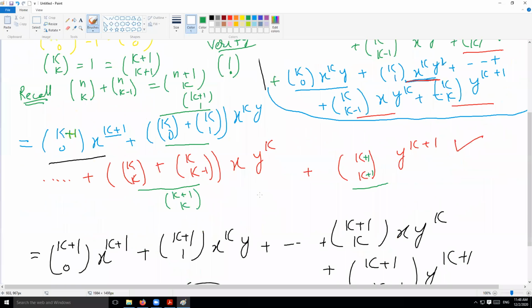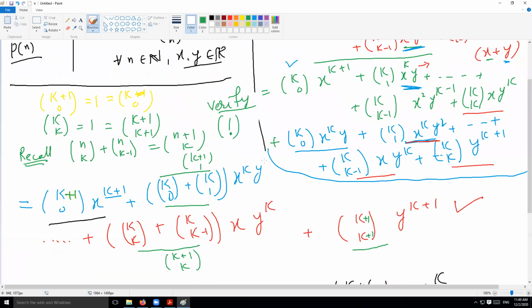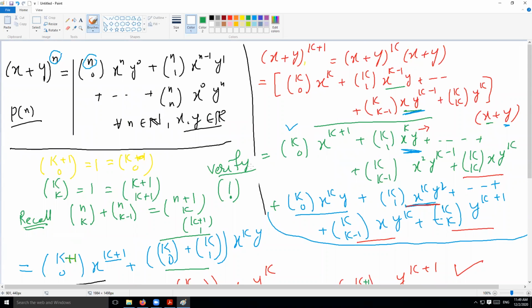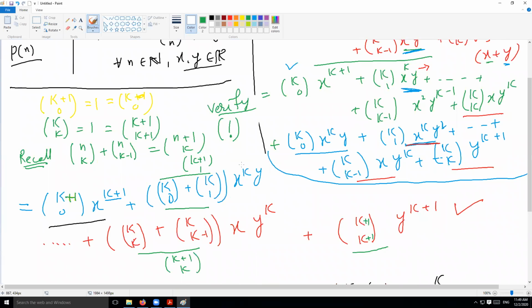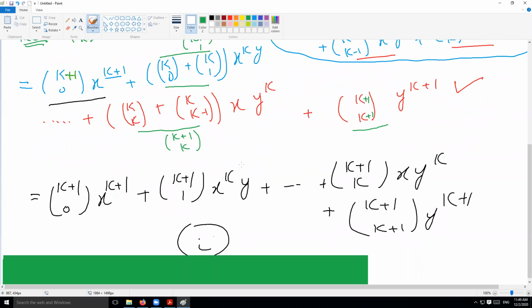story proofs actually. You're going to learn another kind of proof type, called the combinatorial proof. I call them story proofs actually. So create a story and prove your mathematical identity. You're going to learn this in probability theory. Anyway, my point is that I hope you got some sense of mathematical induction.